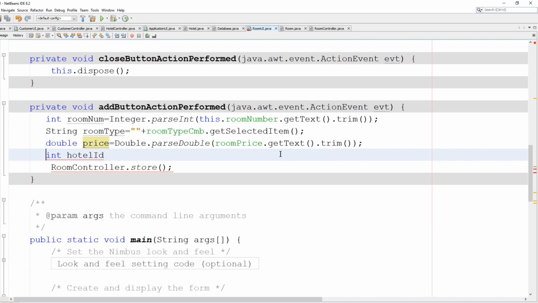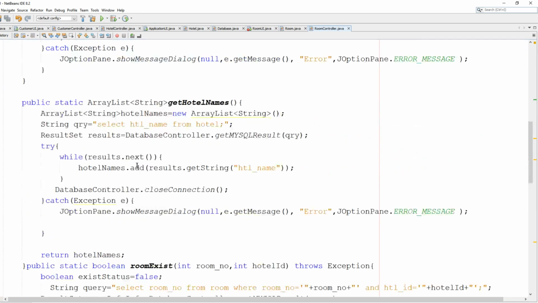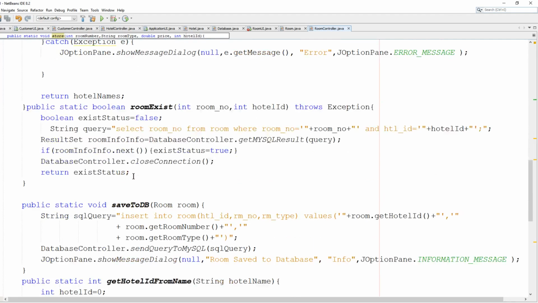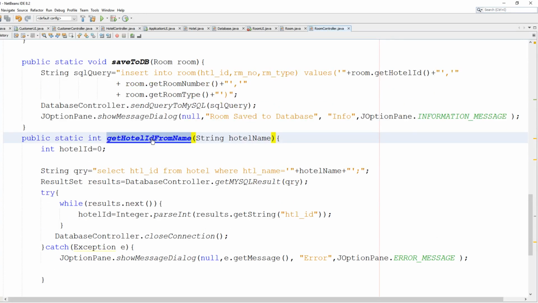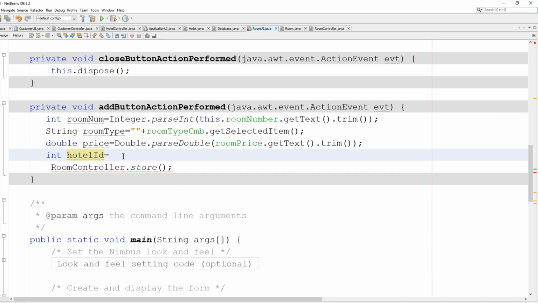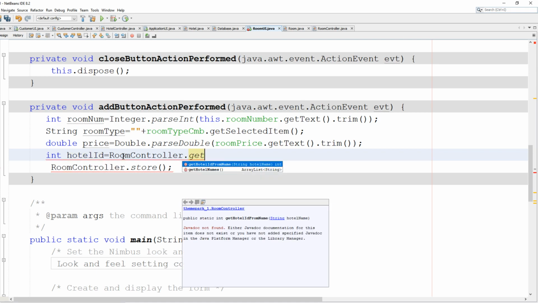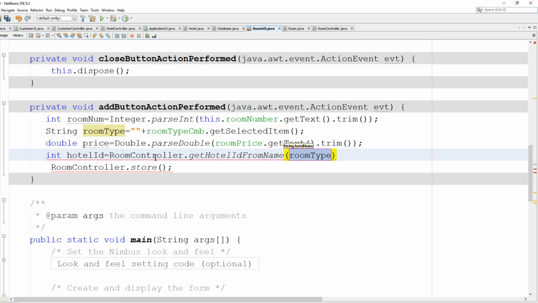So how do you get hotel ID? You don't have it, so you have to ask your room controller to get it. Okay, see, in the room controller we have this function that we have created to get the hotel ID from hotel name. So you say room controller equal room controller dot get hotel ID from hotel name. You have this hotel name. What is the hotel name? Hotel name is going to be